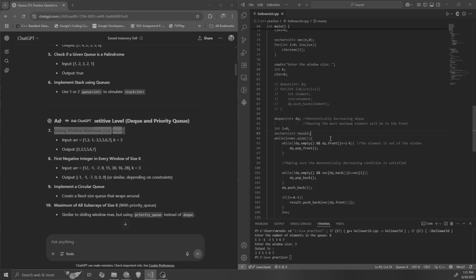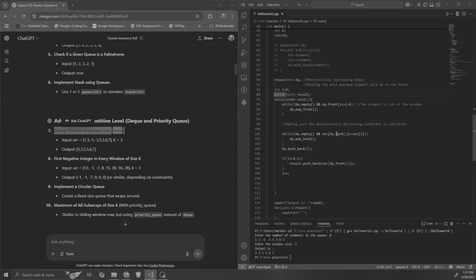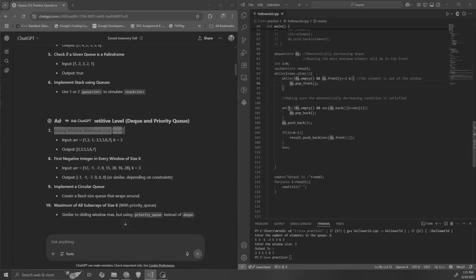I run a while loop until i is less than the size of the vector, and I have also created another vector called result. So first of all, after getting inside the while loop, I first pop out the elements from the front that are out of bounds, or basically out of the current window, by just checking if dq.front is less than or equal to i minus k or not, and then I pop from the front. Then I have to make sure that the monotonically decreasing condition is satisfied from the back. So from the back I pop until the elements are less than the current value, and then I push in the current value, and then if